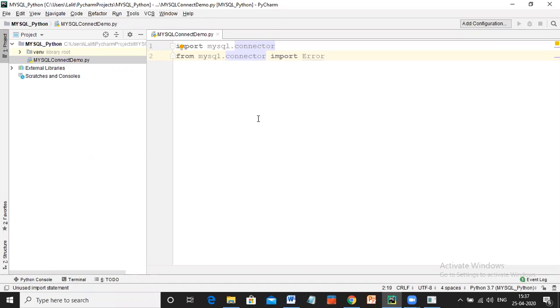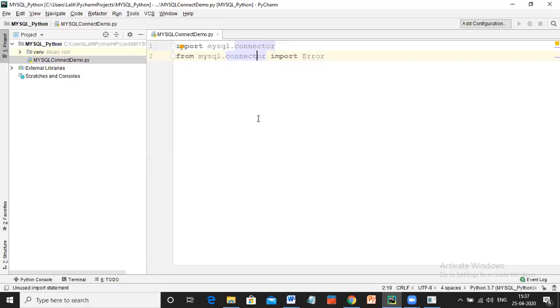Getting it? Like for example, I told you MySQL connector is basically a bridge between the Python application and the MySQL database. Yes or no? So various errors can pop up.